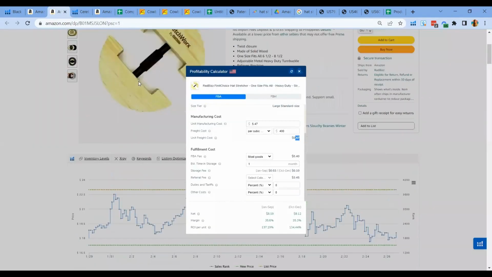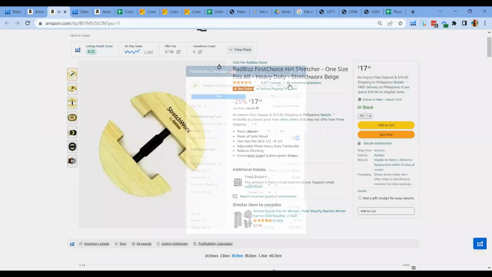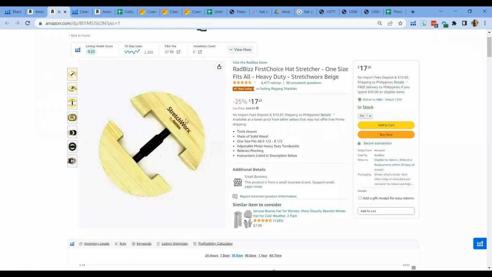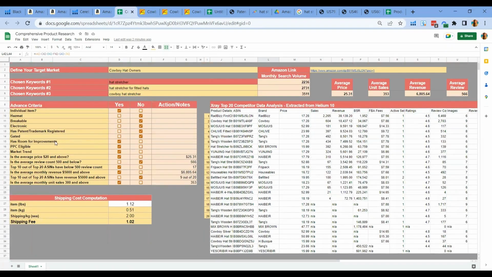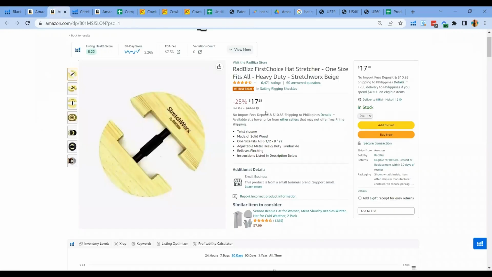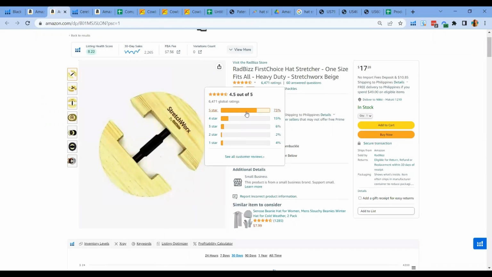Let's now go to how it can be improved, or what are the features that you can improve or add in terms of differentiating from your other competitors. So what you can do is look at the ratings of your competitors, see what the customers are raving about this product, and definitely look at those reviews.